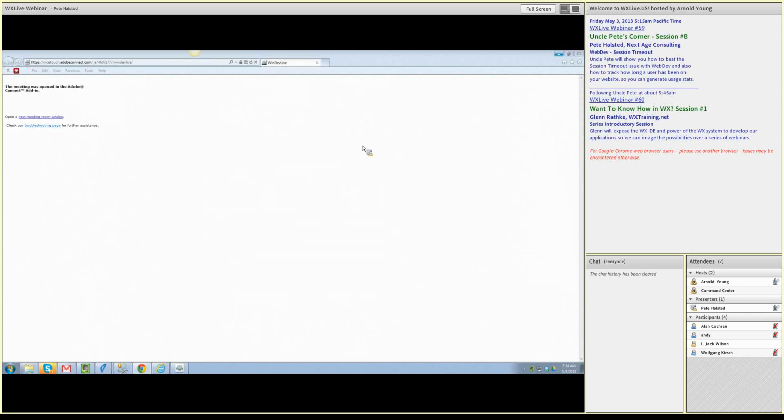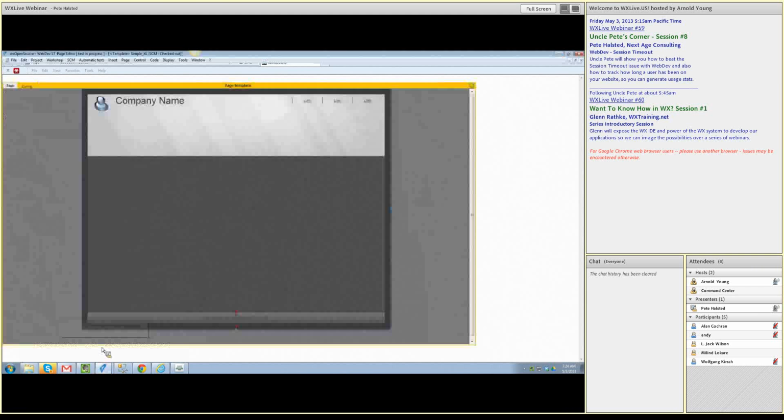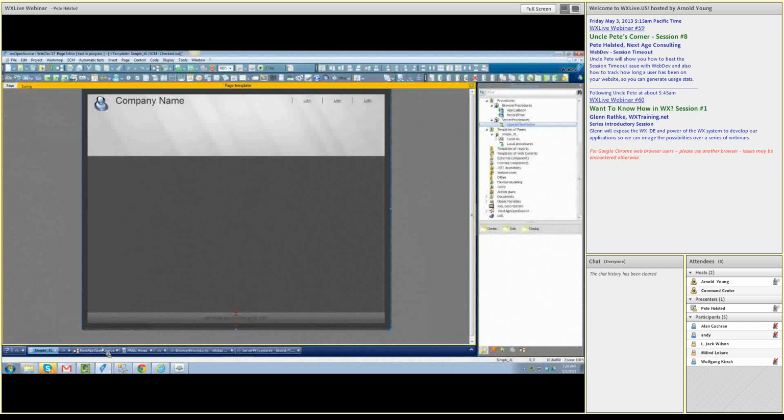Well, how we get around that is by setting up a little procedure. It runs on a timer that goes out there and touches the server every minute to keep the site alive. So as long as that user's got the browser window open, let me step back for a minute and talk